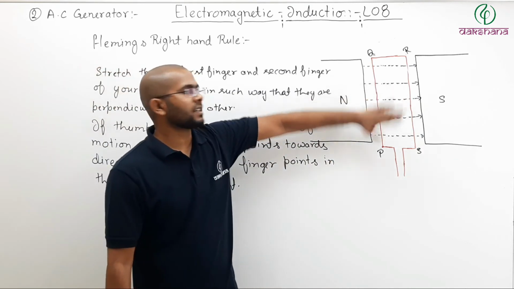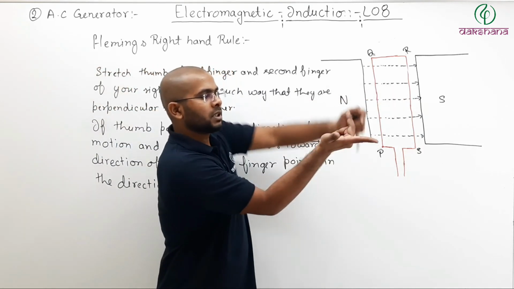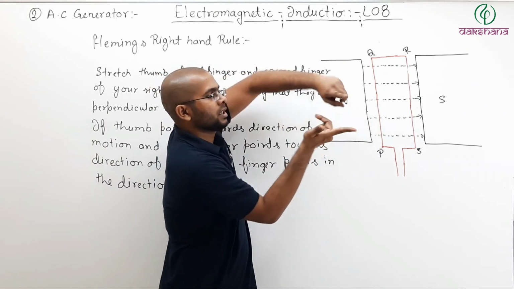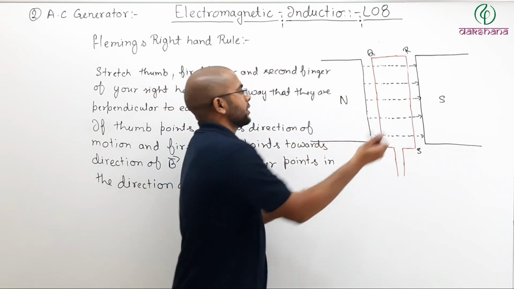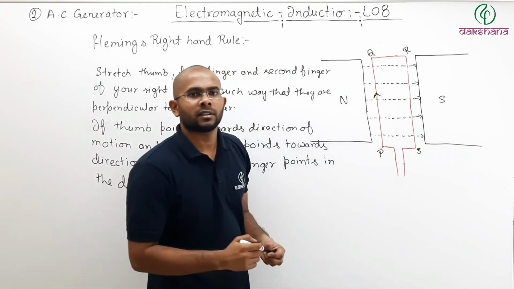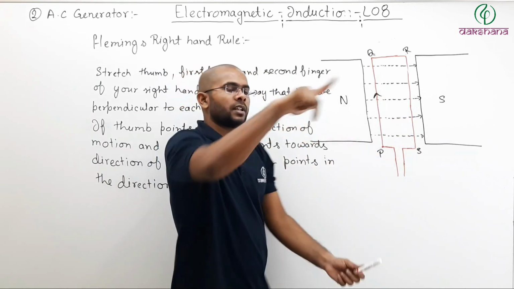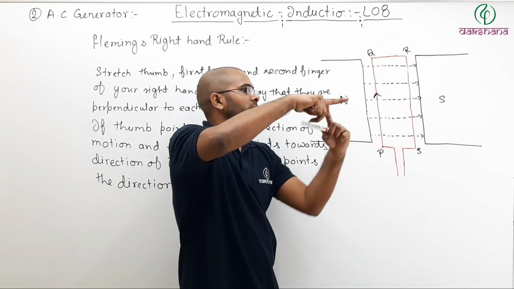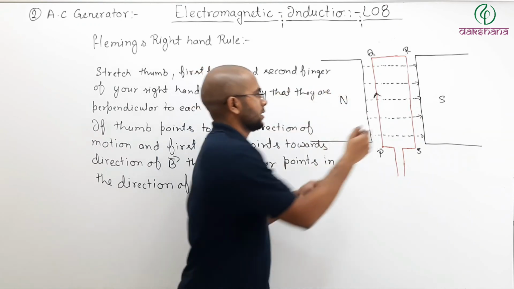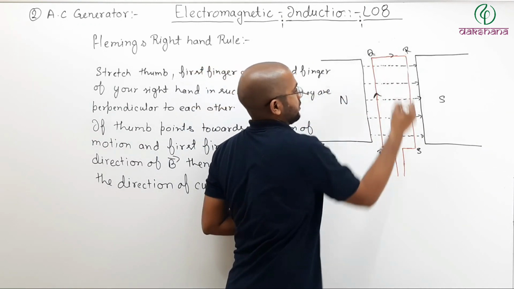Let us apply this in this case. So thumb motion, rotating field, current. So here current will be like this. What about this? Inside it is going. Thumb, field, current, downward. So current is like this.